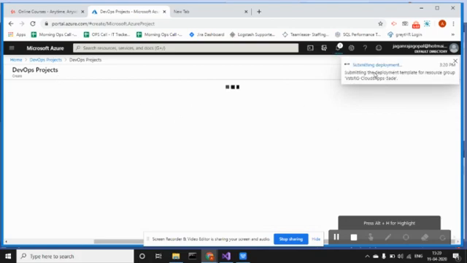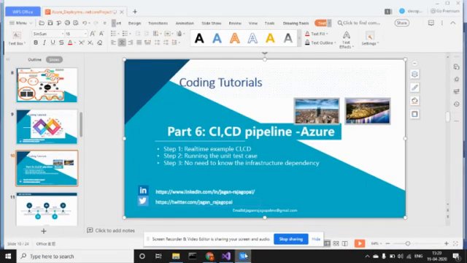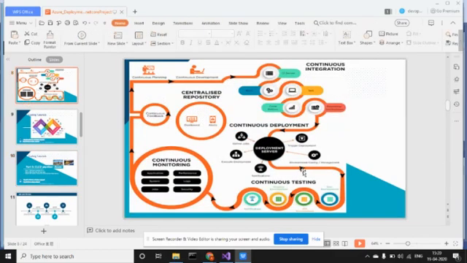Okay, so right now it will start once I integrated my pipeline, and the pipeline will be mapped with my build. Then once my build is started, all the process will start. Build, testing, and since we are not doing coding, it will do some notification also once it's completed successfully.